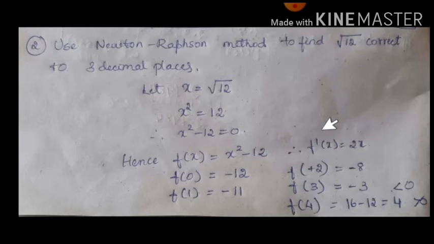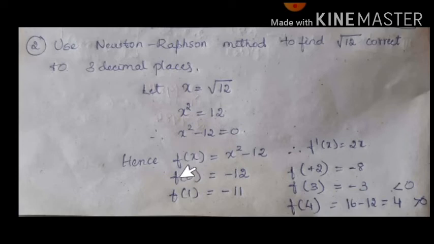Observe that in the previous problem, the x0 value was given. Here they have not given the x0 value, the initial value of x. Hence, how do we find that x0? First, obtain the interval where the value of root 12 lies. By the trial and error method, the way we used to do in the regula falsi method, in the same way here we need to find the interval a and b.